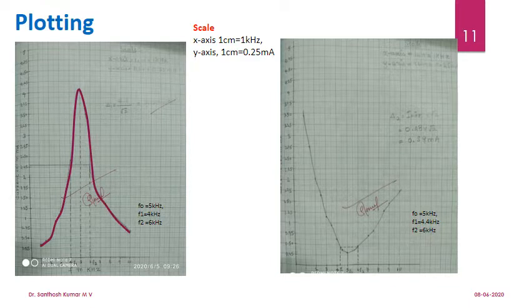Later you can see that the maximum current occurs at a particular frequency f0, which equals 5 kilohertz. Similarly, using the delta value, 4.11 divided by root 2, which equals 2.21 milliamperes, if you mark along the y-axis, we get a point somewhere here, and from there you take the horizontal line. The horizontal line cuts the resonance curve at 2 points. Where it cuts, that frequency is called the first cutoff frequency, which is around 4 kilohertz. Similarly, the second cutoff frequency is around 6 kilohertz.